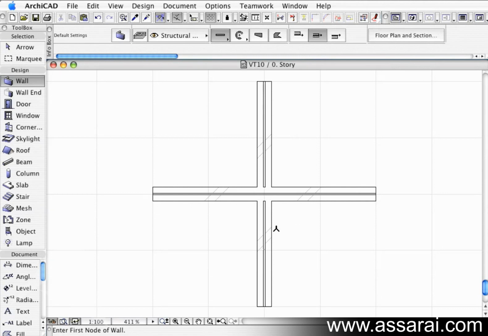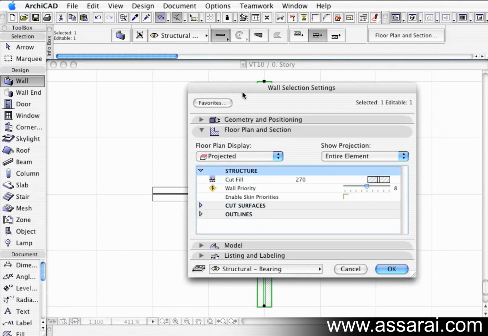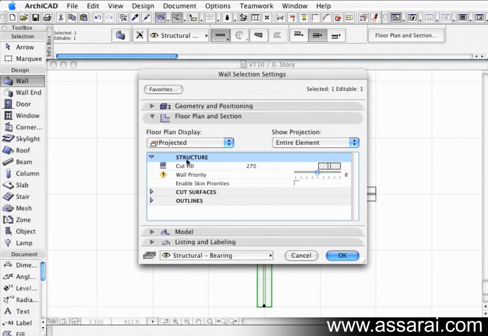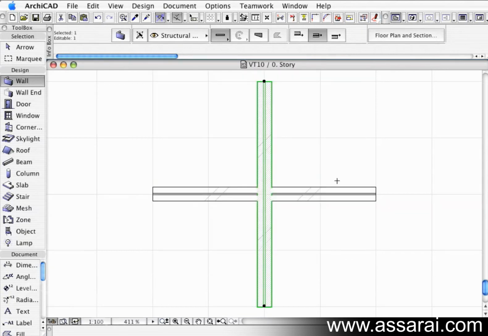and in standard format this is how it would be displayed. However, if I selected one of these walls, I'll just select this one, and we open the wall settings dialog box. Under structure we have wall priorities. Now at the moment both these walls have a priority of 8, but if I bump that up to 10 and go OK, we can see straight away that wall has now got priority over the other wall,